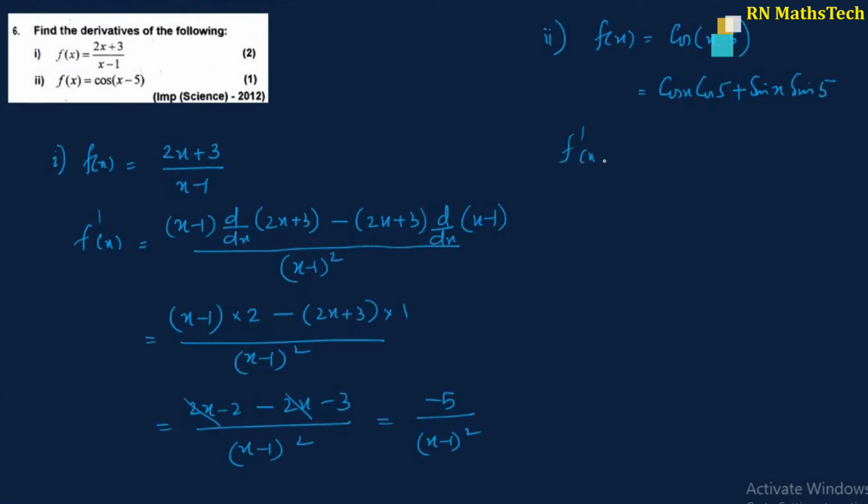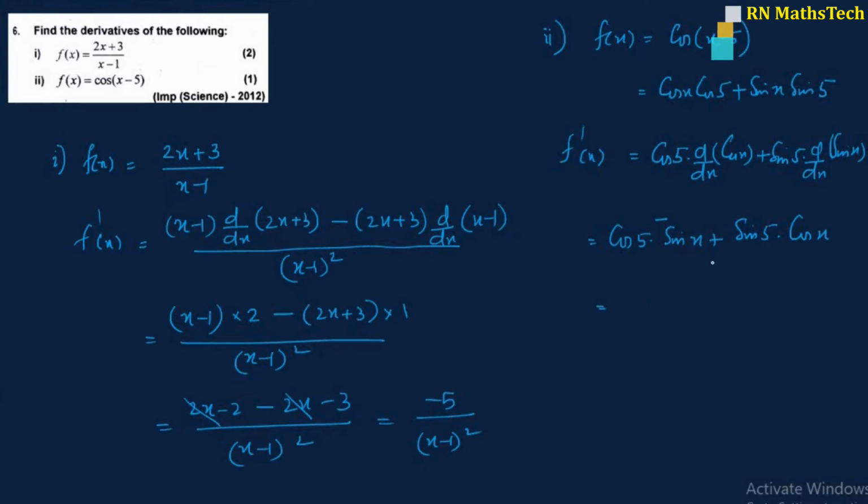Now f dash x is equal to, here cos 5 is constant, so constant into d by dx of cos x, plus here sin 5 is constant, into d by dx of sin x. Okay, that's equal to cos 5 into cos x derivative, which is minus sin x, plus sin 5 into sin x derivative, which is cos x. Okay, so that is equal to